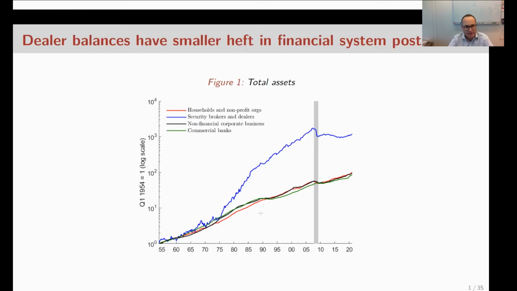What you can see on that slide is basically the massive growth in the broker-dealer sector, starting around the mid-70s or so. Really spectacular growth that led to a massive increase in the total assets of this sector, pretty much until prior to the great financial crisis of 08 and 09. Then we saw a significant drop. And then also what you can see is a relatively stagnant growth of that sector compared to the other key sectors that are also in the flow of funds.